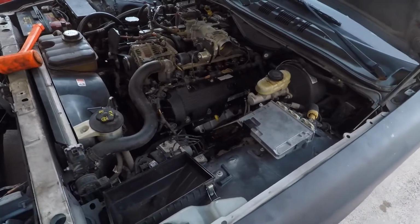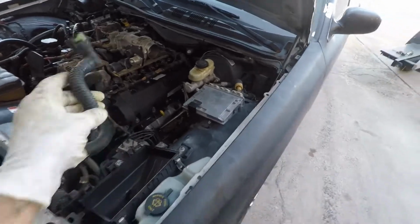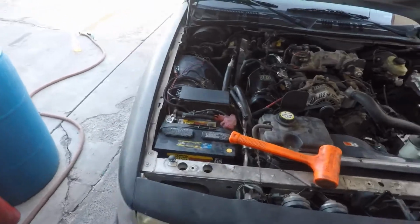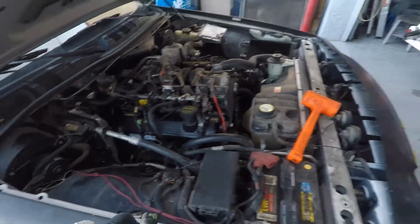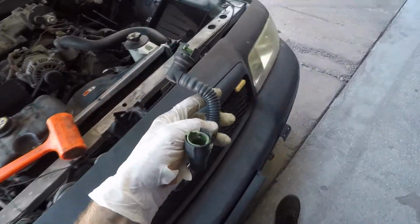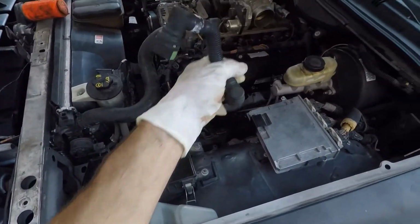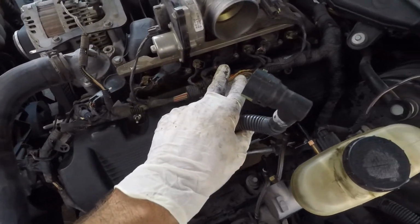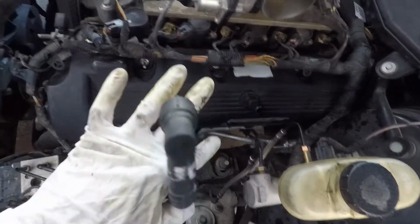If you followed my instructions and you put it back together the way you took it apart, and you swapped out all those O-rings, and you swapped out the gaskets, and you cleaned your valve covers, and you plugged all the wires back in, you're gonna end up with something about like this. You're gonna need to finish up by putting your intake on, making sure all your wires are plugged in. Maybe give it one last blow off, and then make sure you put that RTV on there